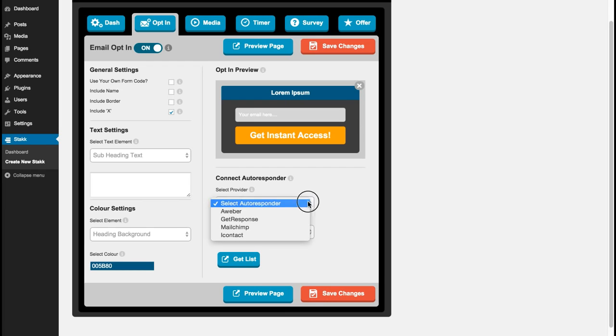Down here, you can connect to your autoresponder provider. We have all the major ones in there. And as mentioned, if yours isn't in the list, you can just add in your form code. So we'll save those changes